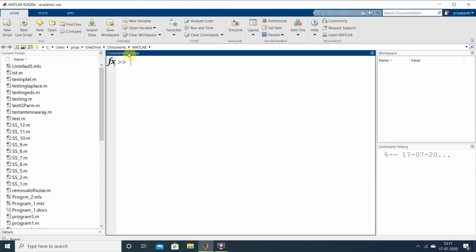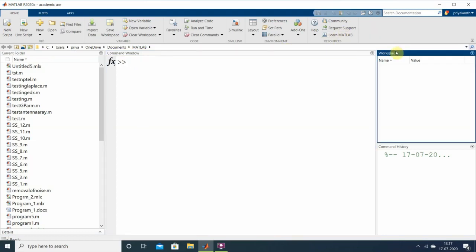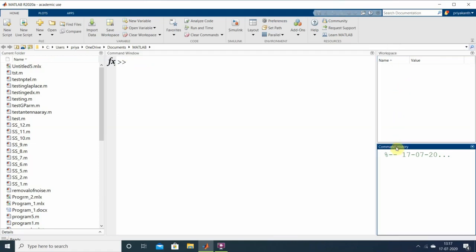Command window is used to type different commands and execute independently. Workspace is a location where different variables we have defined in the command window are being observed. And command history is a window where the different commands we type in the command window are observed.